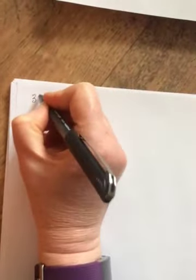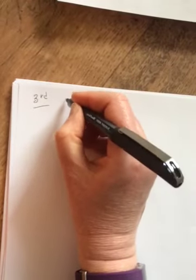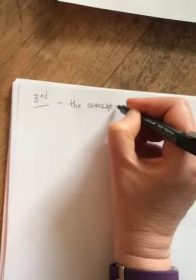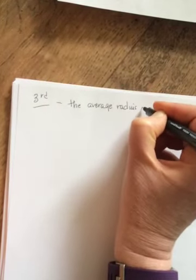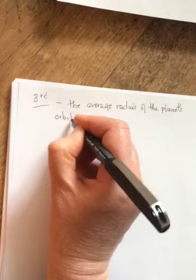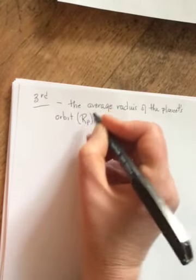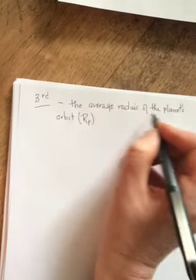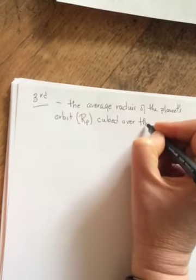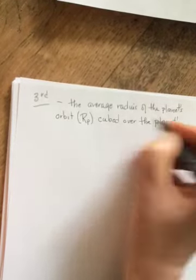Kepler's third law is actually the one that gives us the equations. The third law says the average radius of the planet's orbit cubed, the average radius, because remember it's going to be different depending on where it is. That's an R, and we'll do R with a subscript for planet. Like so, if it's Jupiter, we'd put a J there, E for Earth. So the average radius of the planet's orbit cubed over the planet's period